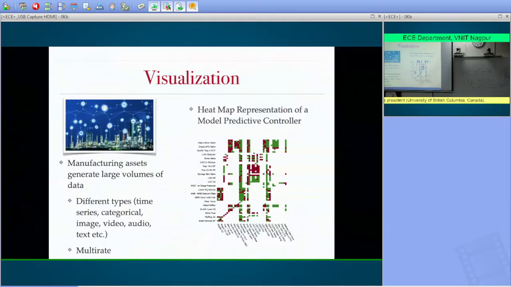Okay. Yeah, I apologize if you don't know what model predictive controllers are. So it shows which constraints are active and at what time. Now, operators and engineers can look at this and gain some insight into how their particular model predictive controller is working. So there are many simple ways of visualizing data that help you gain insight into the data, even before you